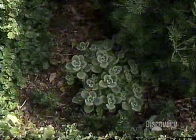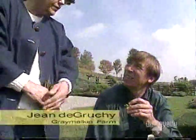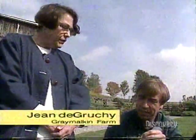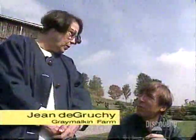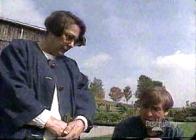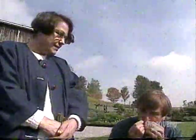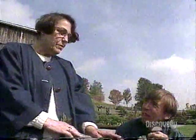What's the little one in here? That's Cuban oregano. Yes, it's a wonderful plant. It makes a marvelous house plant too. Easily started from a cutting like that. It's grown for its scent, and we use it in potpourri. The leaf does yellow down when it dries, but it's not unattractive in potpourri. But it's quite thick. It's almost succulent. Yes, it's quite juicy too. Yeah, and the scent is marvelous. All that you have to do is rub against the plant in the house, and you've scented the whole